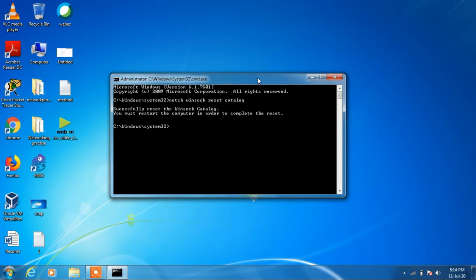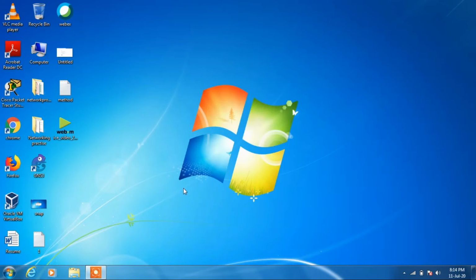After this, type another command: netsh int ipv4 reset reset.log, and hit enter. Now just restart your system and check whether your issue is resolved or not. So this was method number 4.